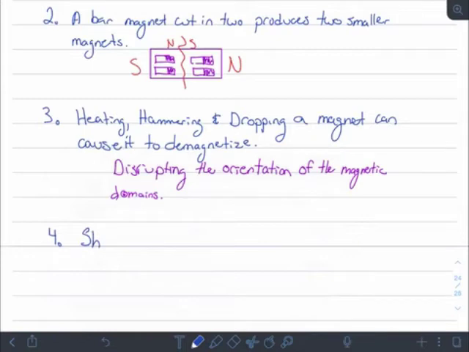Now, this one's a pretty neat fact. Ships' hulls and other large iron products,